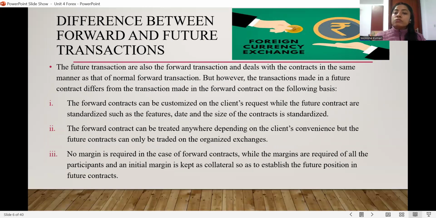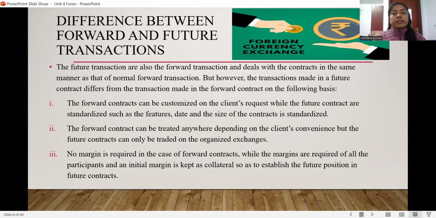But when it comes to the future contract, it is in a standardized form. There is no customization as per the client request. The contract date, features, size, everything is standard, set according to the standard. Coming to the forward contract, it can be traded anywhere according to the availability of the client, according to their convenience. But the future contract is basically traded only in the organized